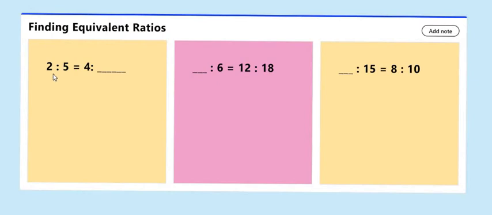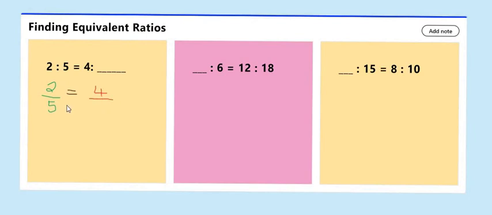So the first question here, the ratio 2 to 5 is equal to or equivalent to the ratio of 4 to something. We need to find what that missing value is. So we're expressing both ratios as a fraction. We write the ratio 2 to 5 as 2 over 5, and the ratio 4 to something as 4 over